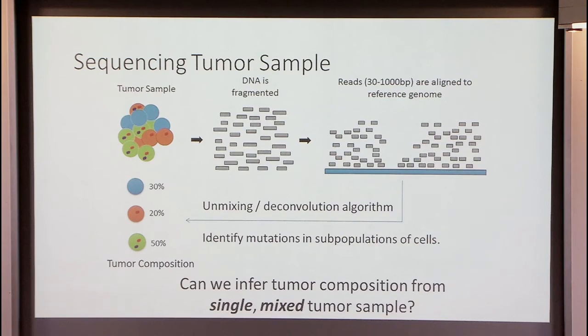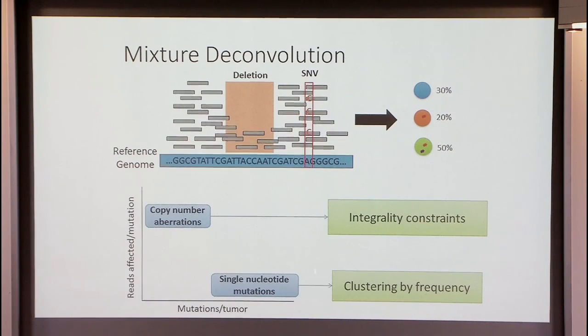So with single nucleotide mutations, we do this by clustering, because at each position we have a relatively small number of reads that actually tell us something about the frequency. So the signal at each particular variant of the frequency in the population of cells is relatively low, has high variance. If we think about copy number aberrations, there tend to be fewer copy number variants in a particular tumor, but there are many reads that can be perturbed by a large copy number variant.